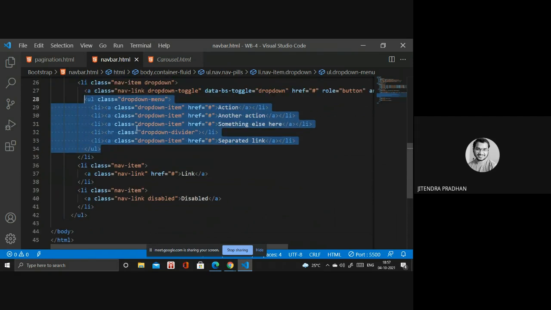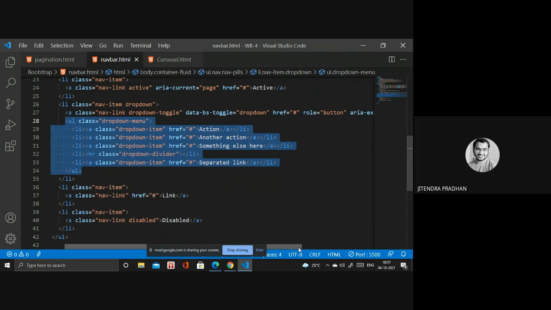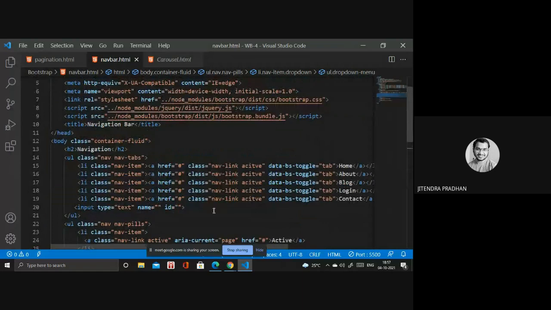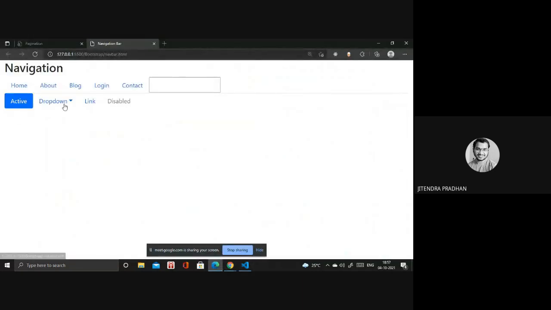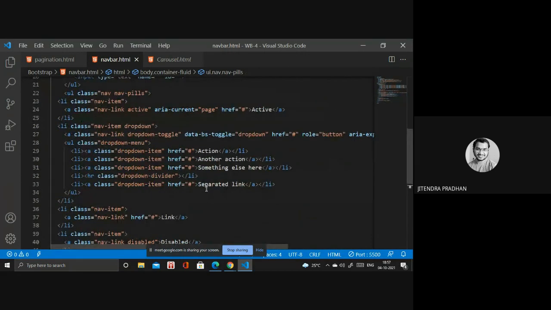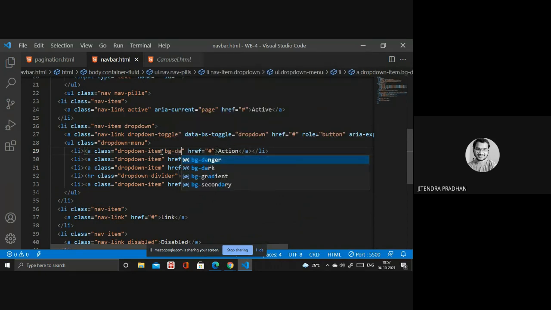But one thing is that if you're designing a dropdown, then you have to use the dropdown toggle inside, like data-bs-toggle. It's a dropdown, it will toggle. And what is the role of that particular button, and the aria attributes, all these things you can design that way. Okay, I hope you got the idea of how we can design this. If you require any color inside, you have to give a class like bg color, like bg-danger, whatever you need you have to give.